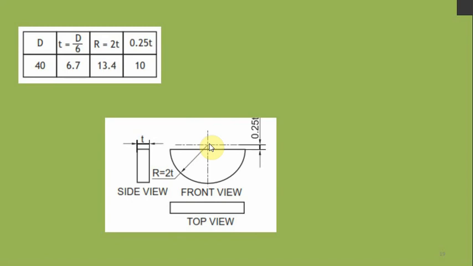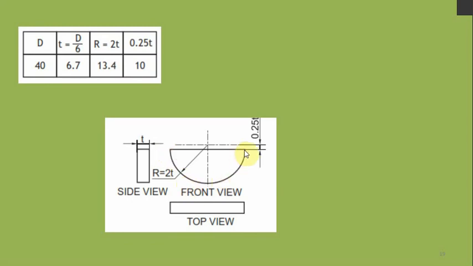Now you draw a line at a distance of 0.25 t, where t is equal to d by 6, and draw a line parallel to this first horizontal axis. Then from the center take a radius of 2t and draw an arc starting from here to here,